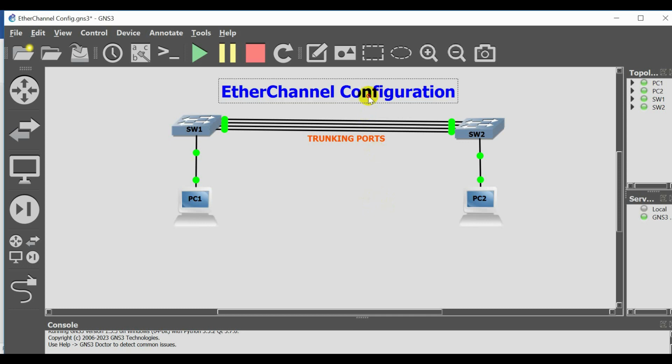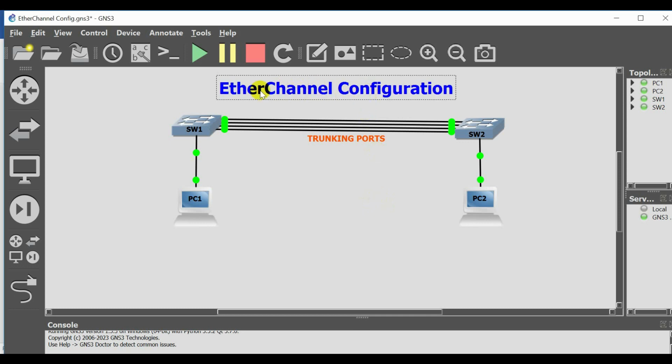Okay guys, in this video I'm going to configure and troubleshoot EtherChannel technology or protocol. This is the topology that I will use. In this topology we have two switches, Switch 1 and Switch 2, and 4 ports connected between the two